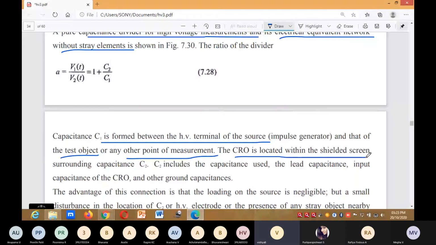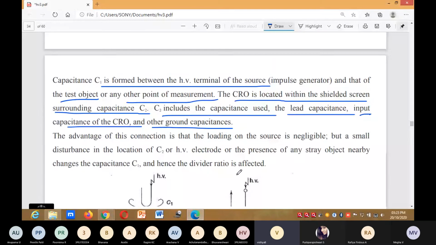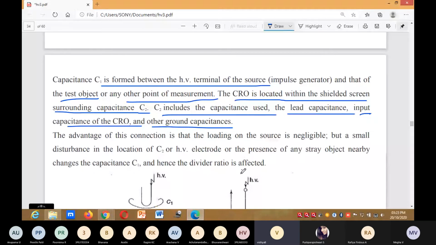CRO is located within the shielded screen surrounding capacitance C2. C2 includes the capacitance used, the lead capacitance, input capacitance of the CRO, and other ground capacitance. The advantage of this connection is that loading on the source is negligible, but a small disturbance in the location of C2 or HV